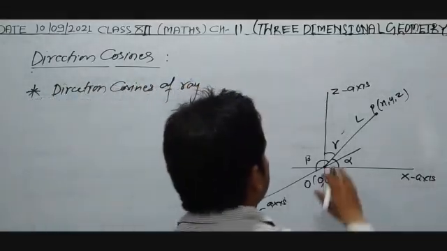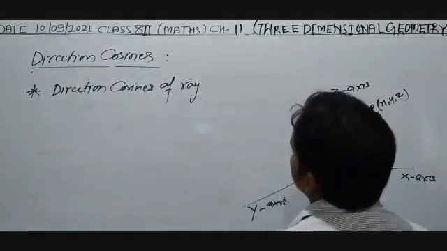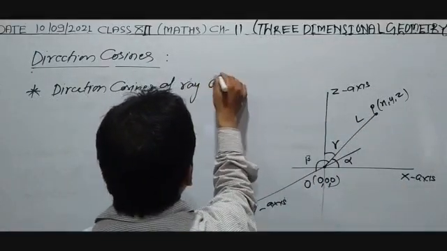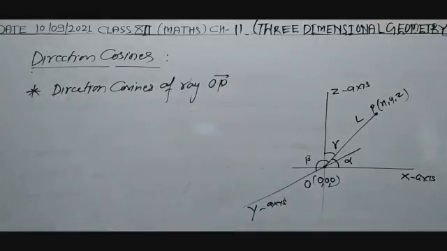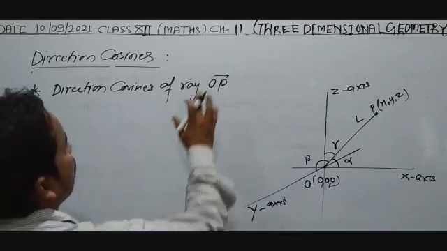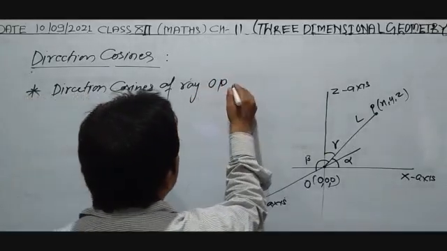Suppose we have taken ray OP. The direction cosine of ray OP from the figure